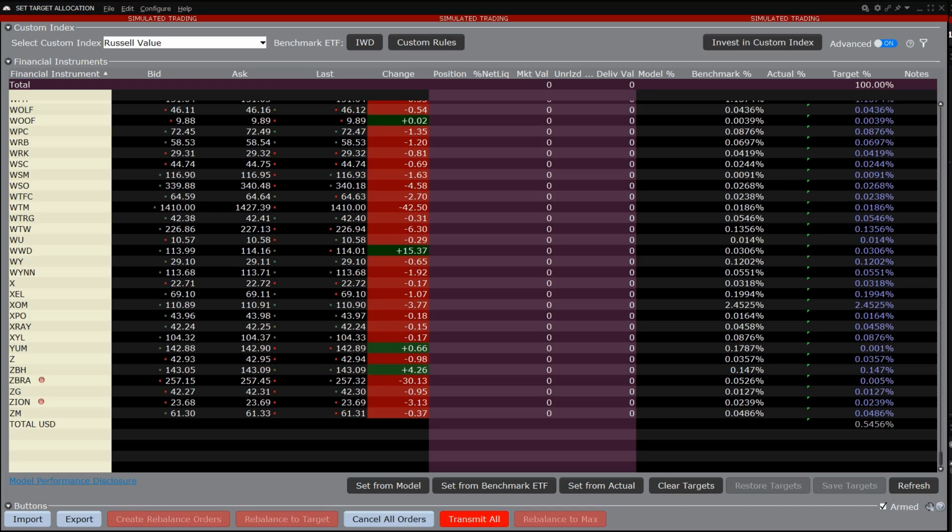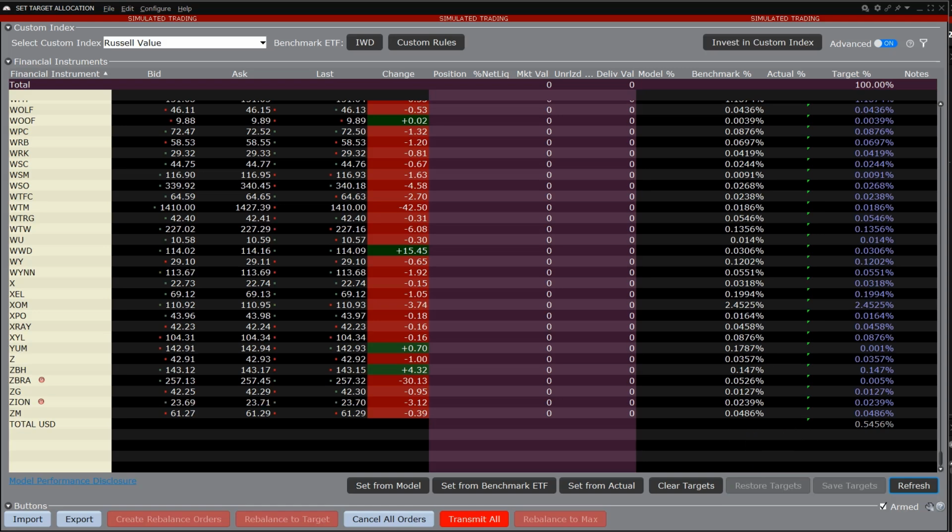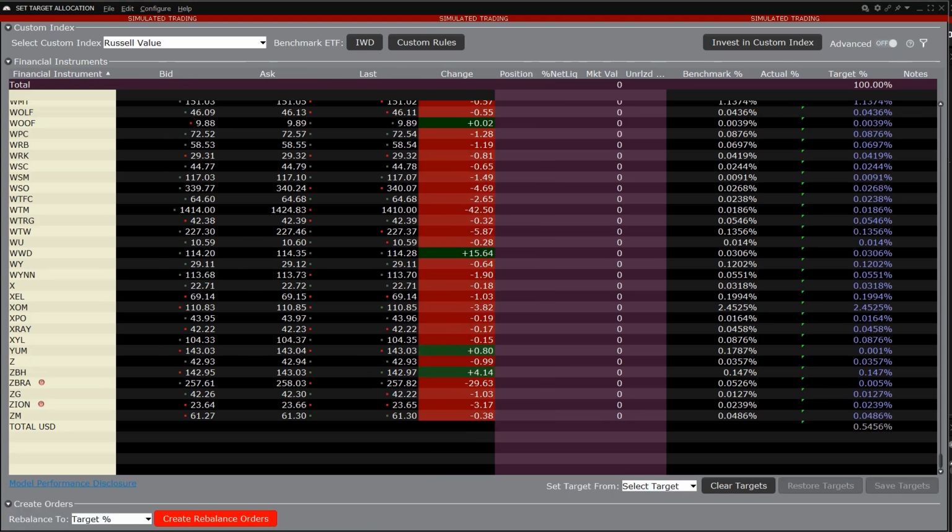to purplish blue. In the bottom right corner of the screen, the advisor can clear all targets by clicking on the Clear Targets button or restore target to the last previously saved weighting by clicking on the Restore Targets. The advisor can rebalance the target percentage using the benchmark ETF composition weights or the actual composition weights by clicking on the corresponding buttons when in advanced mode or using the drop-down menu next to Set Target From in the